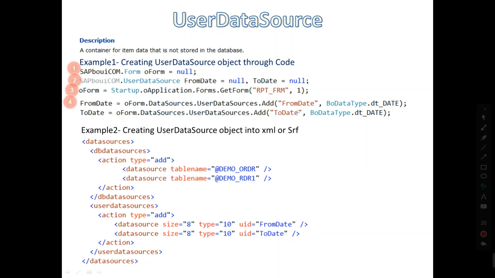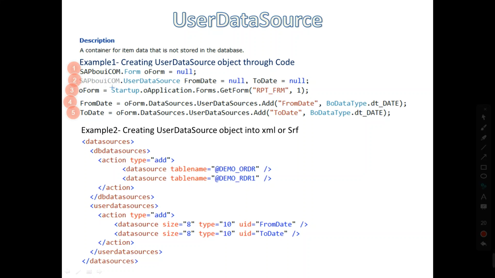The first one is from date, which is the unique ID of your user data source, and the second one is the data type of your user data source. So I am using here the BoDataType enum, which basically lists the data types available. We have selected as in date here. In the fifth statement, we have also created another user data source, namely to date.